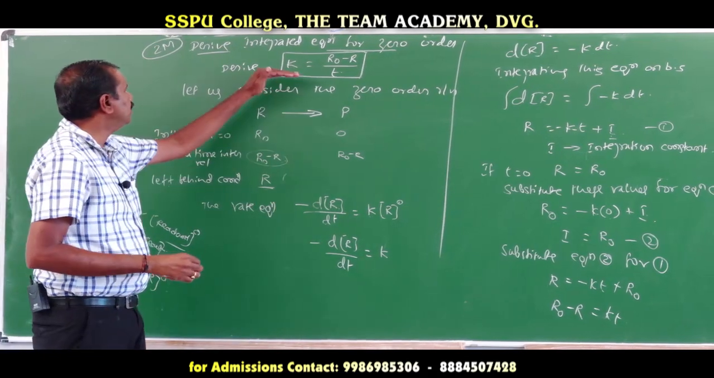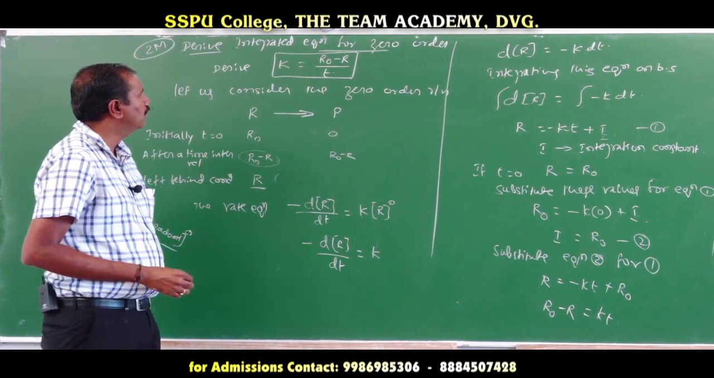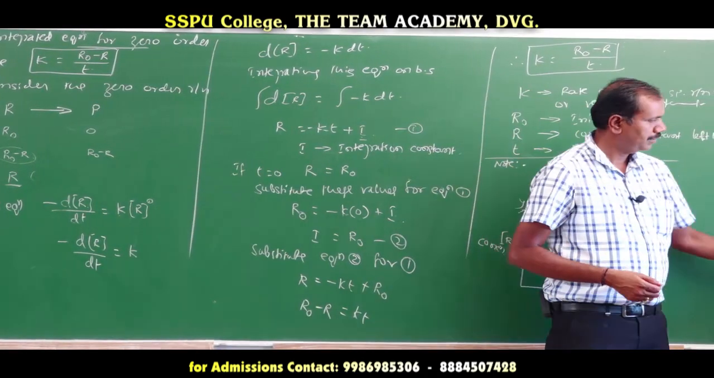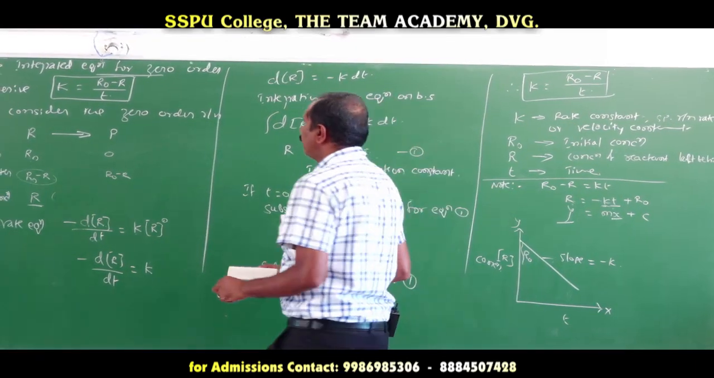Derive the equation where K equals R naught minus R divided by T. Or derive the zero order kinetics. Now, we will go for